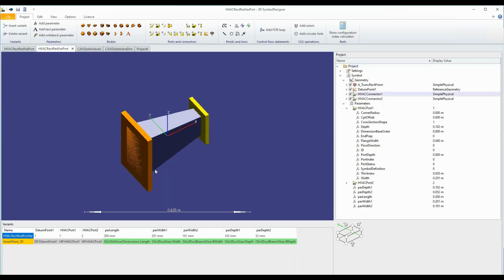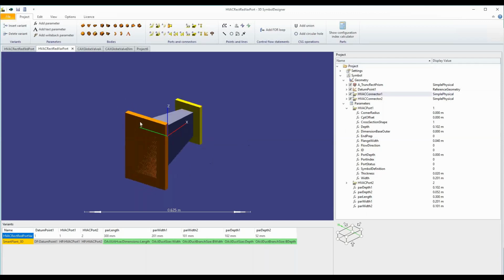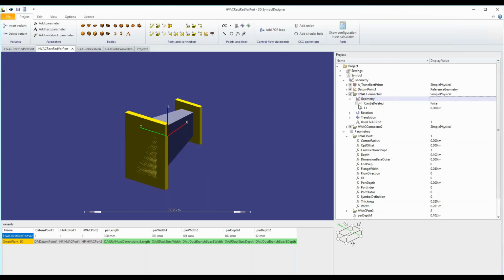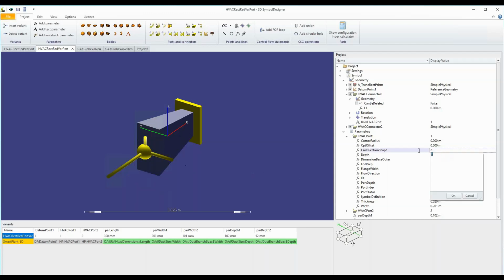We have fixed and improved the display of the connectors. That's the HVAC connector, and you can change the extrusion length of the connector itself. You can also, for example, change the cross-section shape. 1 is the rectangular shape. 2 would be the dummy, which just shows you the local coordinate system for this connector. And we've got 3, which is the oval shape, and 4,